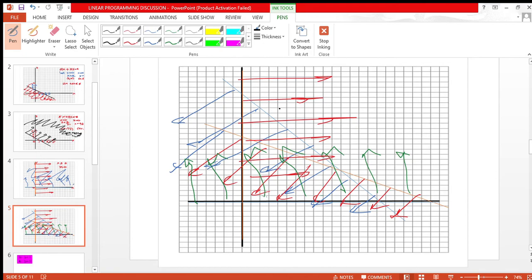So this is one constraint going down. The red line here is another constraint going down. Then we have the non-negativity constraint going to the right, and the non-negativity constraint going up. If you will observe, the common region will be from this point,